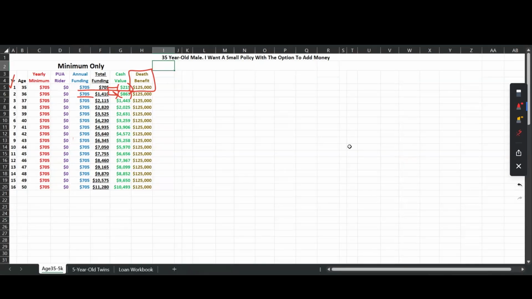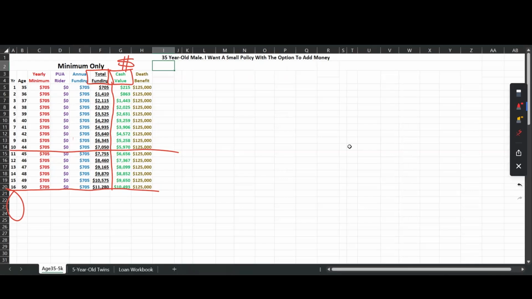Now, when I look at this column here, total funding, and then look at this column, cash value. That's your money column. When do you get your money back if you pay the minimum only? I'm 10 years in right now. Do you have your money back? No. 16 years in. Do you have your money back? No. You'll see when you get your money back shortly when we look at the following years, but